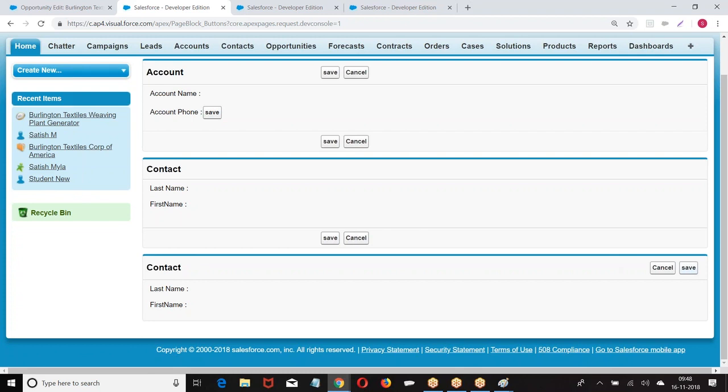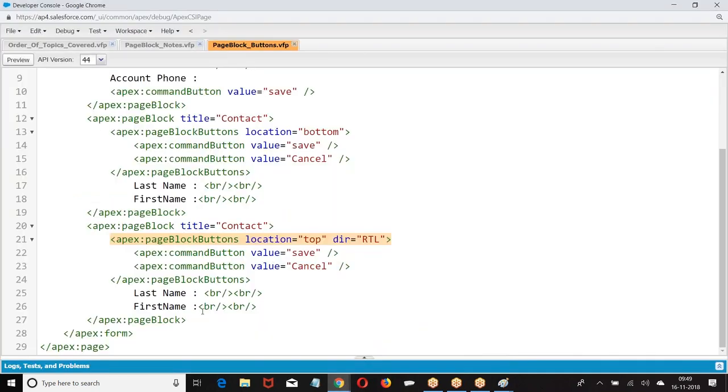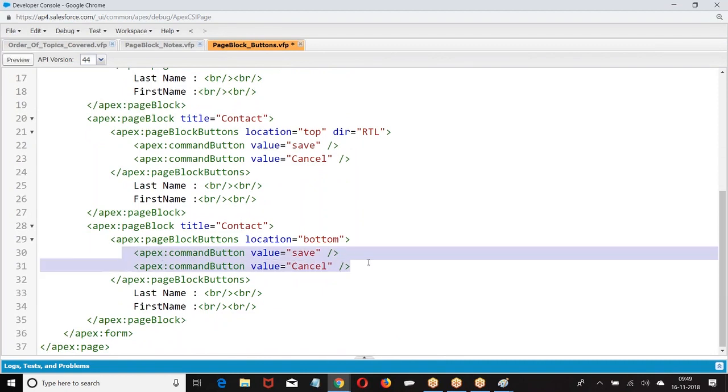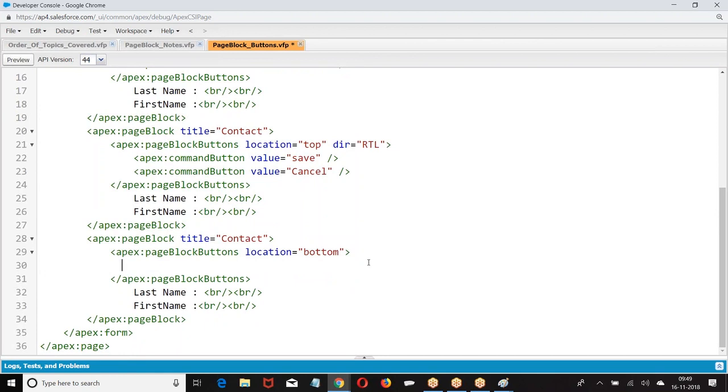So what was that? If you want the buttons to be displayed on the header and the footer, we will go with the page block buttons. It is not only buttons. Anything that you write within the page block buttons, it will be on header and footer. Let me take one example. So I am giving here, removing the buttons. I'll create